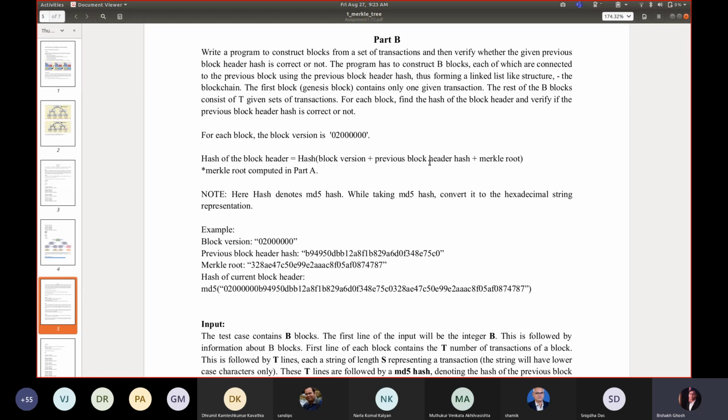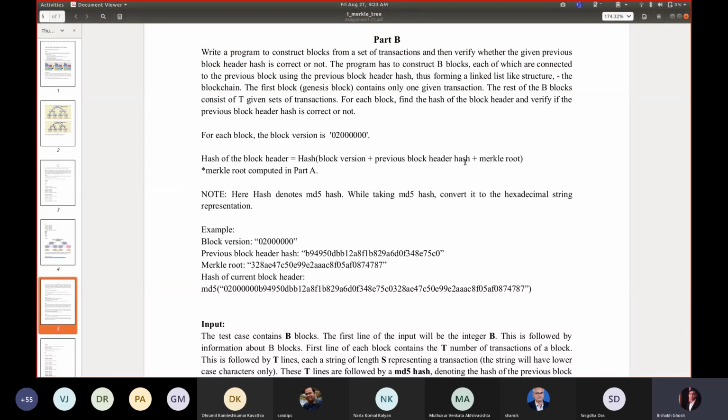You have to write a program which will take a set of transactions and compute the Merkle root first. Then you have to add other data like the block version number, which is provided and fixed, and also the previous block header's hash.